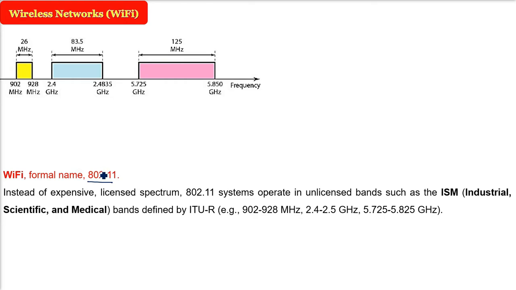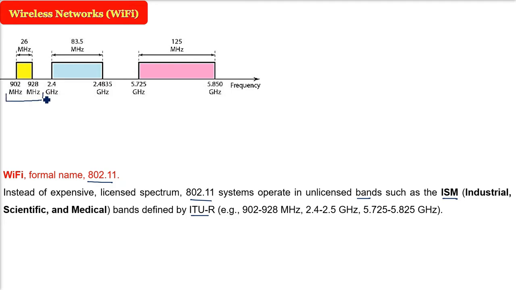Most of the frequencies which we see are licensed by the government, which the mobile cellular network also uses. But Wi-Fi is using the unlicensed band, which has been given to ISM: I for industrial, S for scientific, M for medical usage, for research purposes, because the government cannot